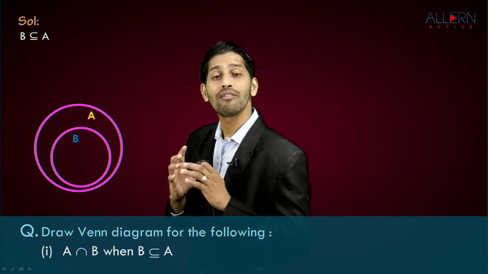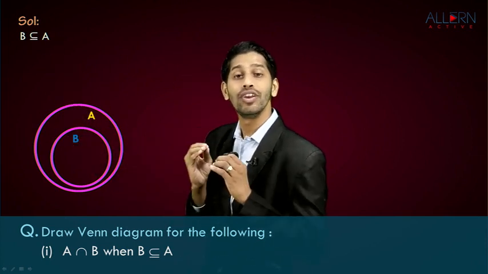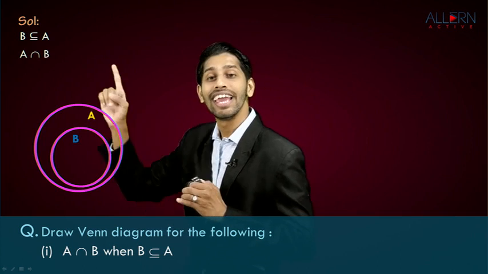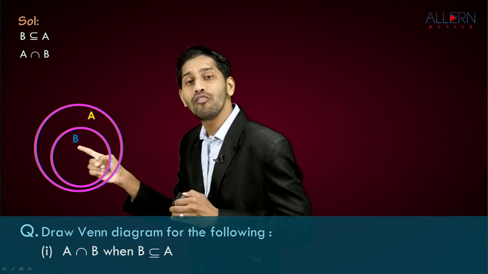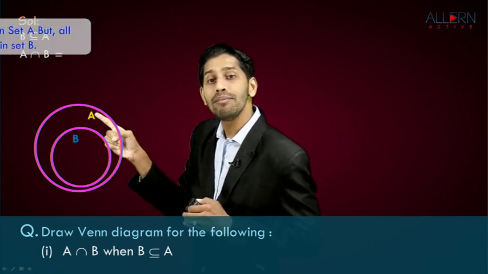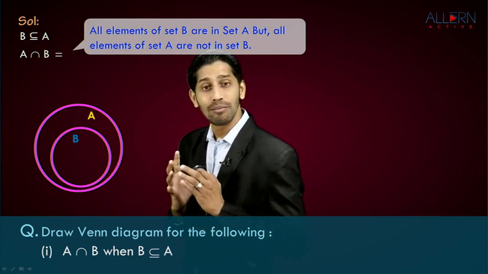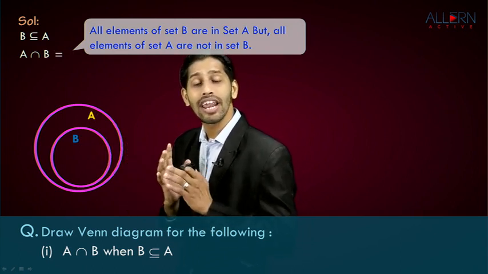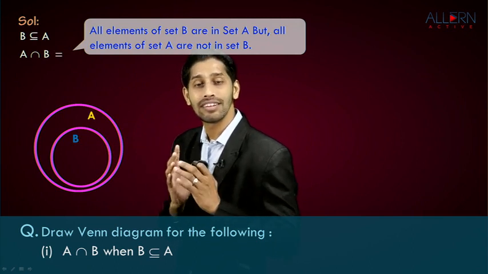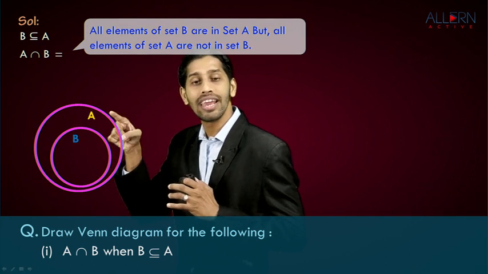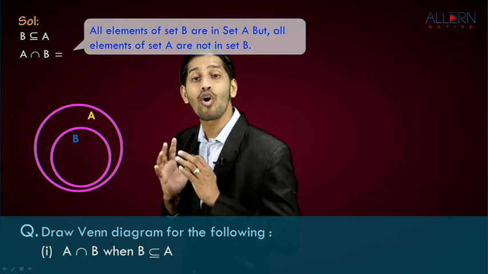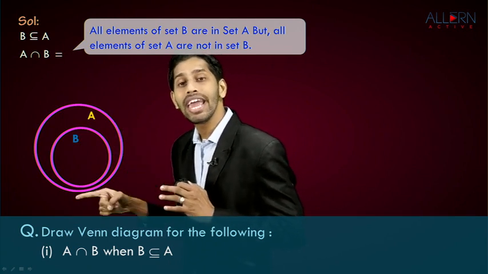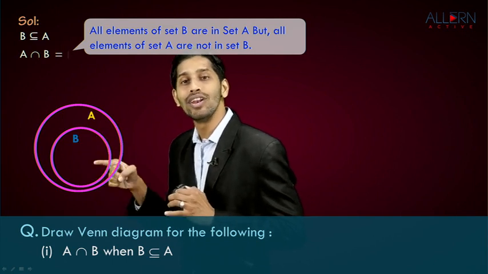Now, once we have constructed Venn diagram, once we have represented both set A and B using this condition, we need to shade the portion representing A intersection B. So what do we observe in this Venn diagram? That all elements of B are present in A, but all elements of A are not present in B. If we try to understand what we mean by A intersection B, this circle represents A and this circle represents B. When we say intersection, that means we need to take common, and if we observe A and B, common portion will be B only, right?